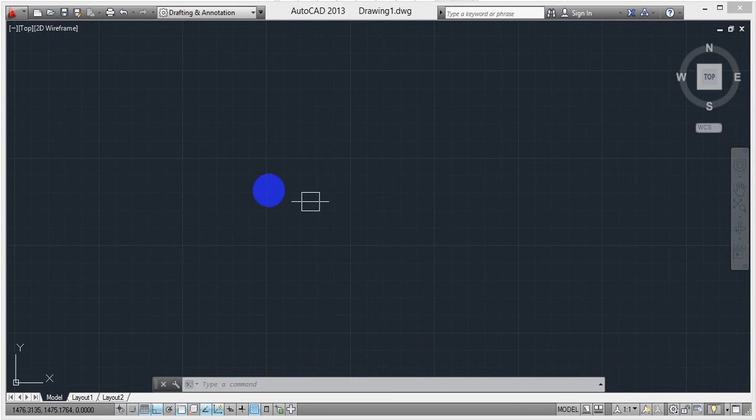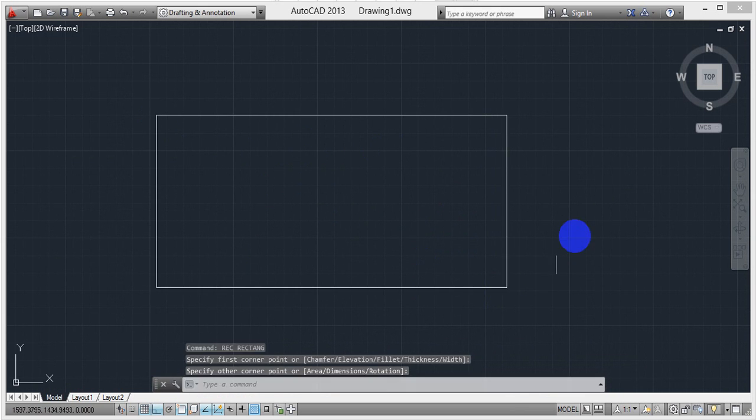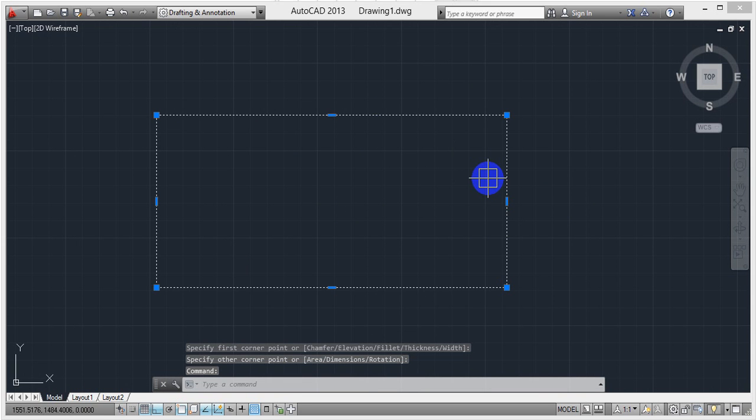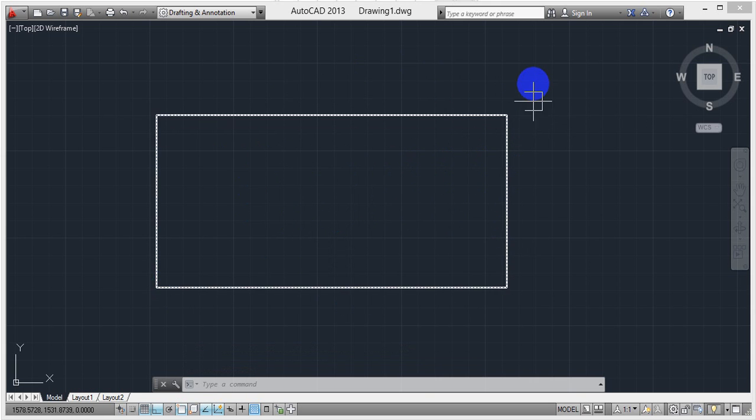Next, explode. We have taken a rectangle previously and it is totally closed. Now if you want to break this rectangle, it means exploding. What is meant by exploding? To explode the area. The rectangle box is the area.